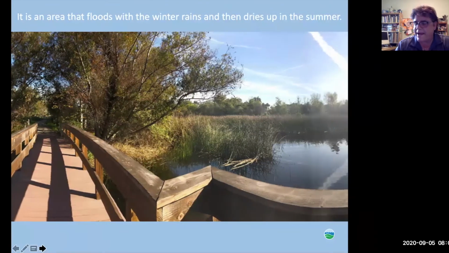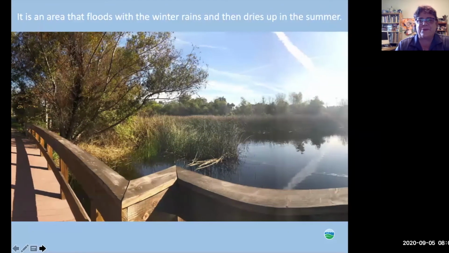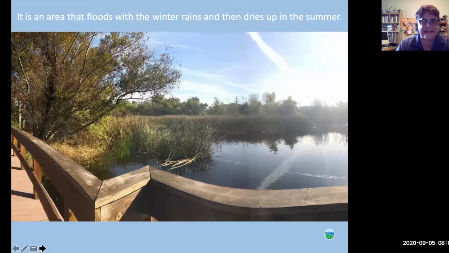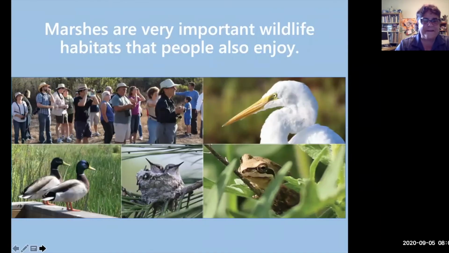That's about 4.5 feet of water. It's pretty amazing, pretty beautiful. That is what it looked like in the spring. Doesn't look like that now. We'll get to that in a minute.